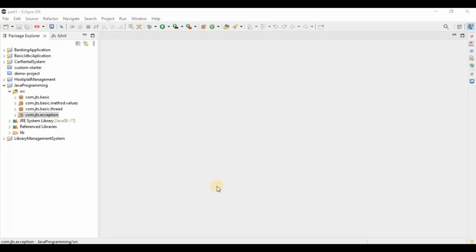In my last tutorial we explained how we can handle exceptions with try, catch and the finally block. But what is this try with resource? A try with resource statement is a try statement in which you can declare one or more resources in it. So basically whenever we are working with some resources, like maybe if we want to